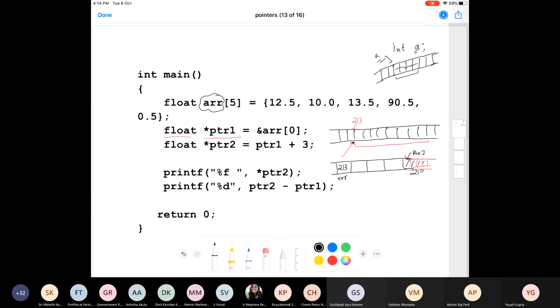So the value inside ptr1 is 213. An easy way of denoting this is to say that ptr1 is pointing to this 213. That indirectly means that the value present inside ptr1 in our memory is this 213.